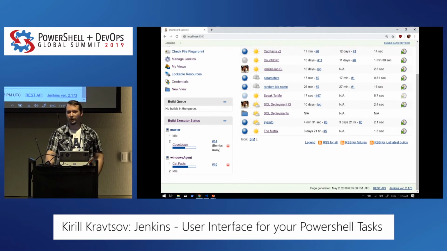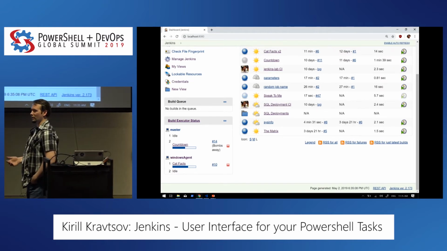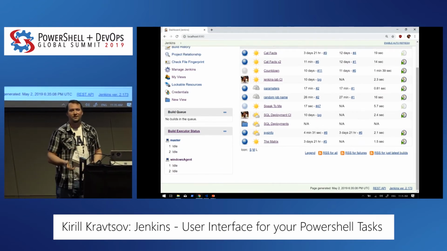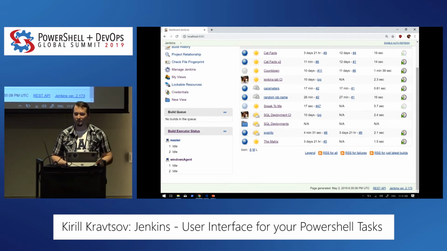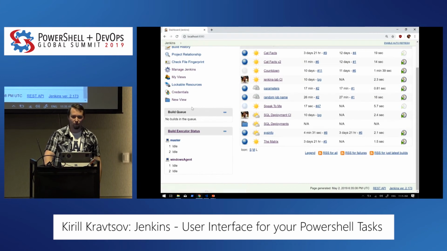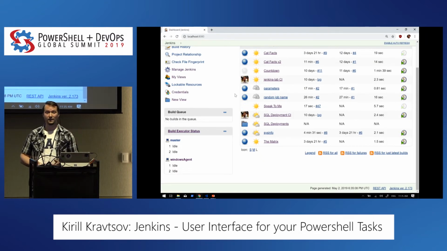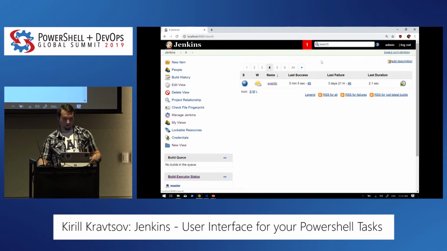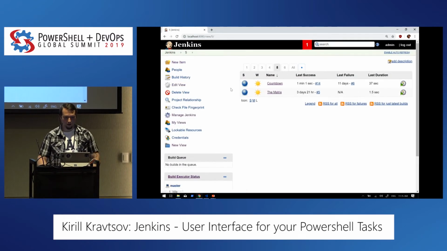Perfect. So as you can see, it actually executed the jobs at the same time, which didn't make a perfect countdown as well. And that's the thing that you will have to manage on your own. I don't think that in the grand scheme of things, it actually matters if the job runs with a 20-second delay. But for the sake of this presentation, I think this is very important. Anyways, so I couldn't resist, and I created the matrix job,